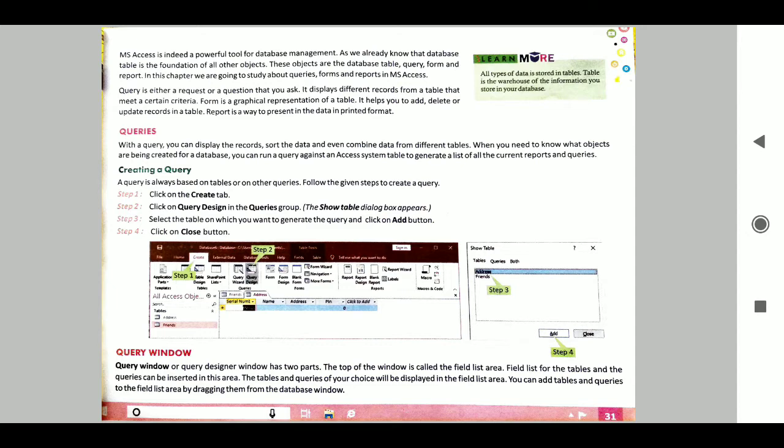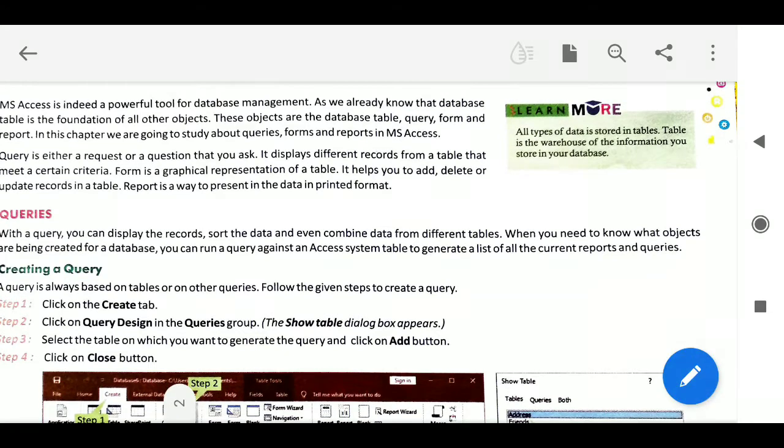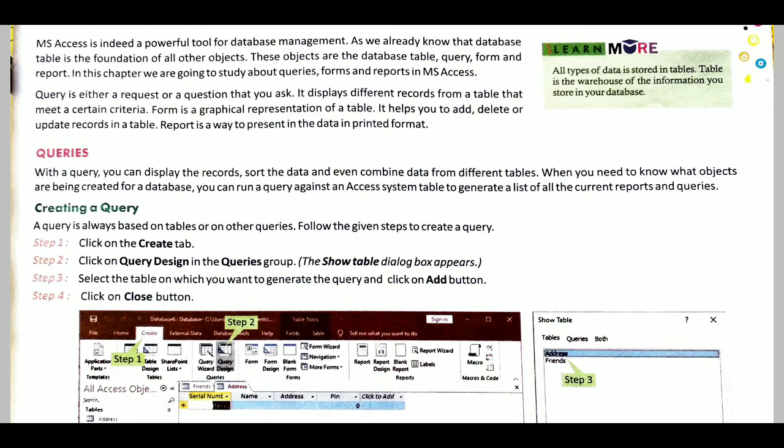Here you can see in the Learn More corner, it's written there, all types of data in sorted tables. A table is the warehouse of the information you store in a database. So a table is nothing but the place where we store things, just like a warehouse of your data. Here, a query is either a request or a question. As I said, it's a question that you ask. It displays different records from the table that meet a certain criteria.